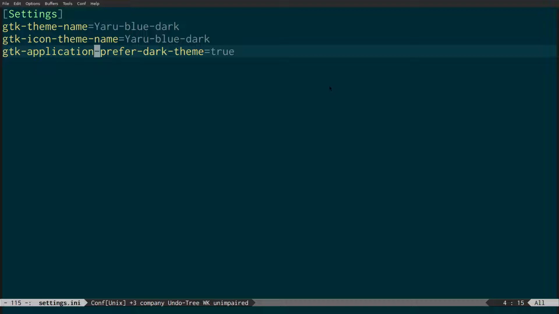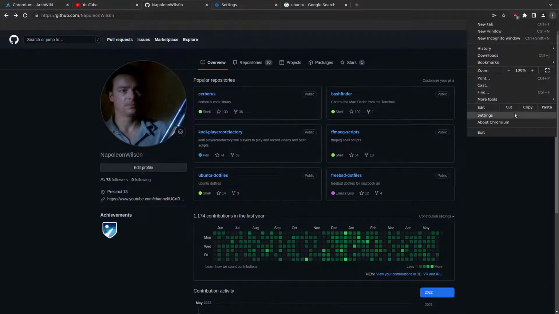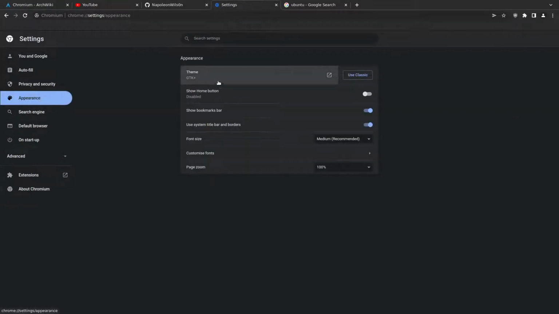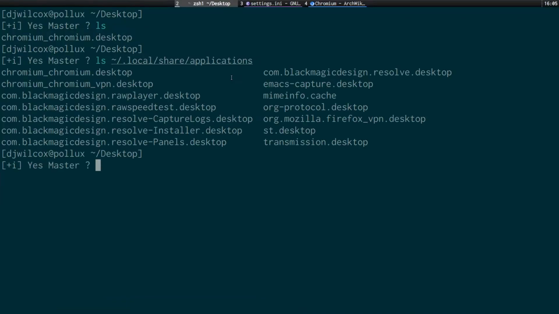So that's the first step. Then again, come into the settings, appearance, set it to use GTK theme. And then finally, we needed to set those two options either in this .config Chromium flags config file. You can try it if it works for you, but I said I found it a bit hit and miss. So again, what we did was we came across,